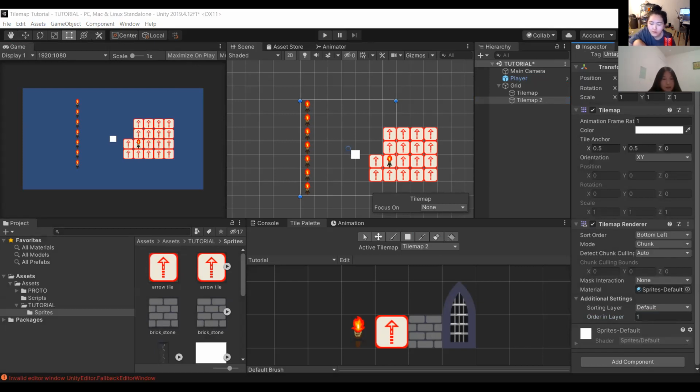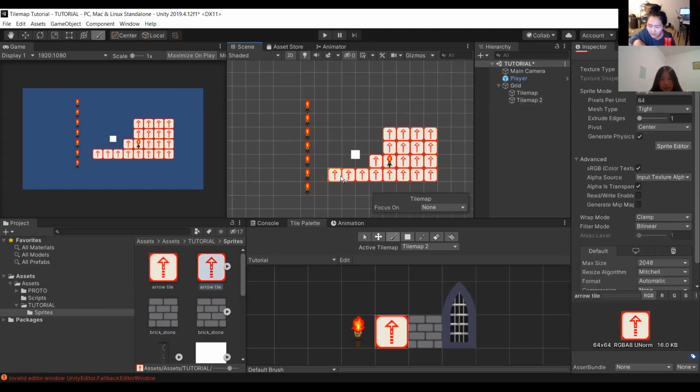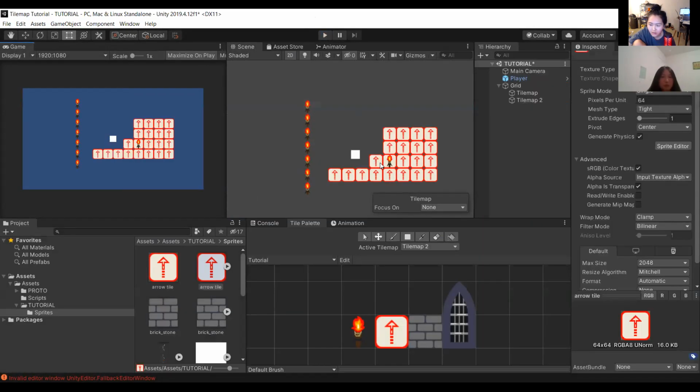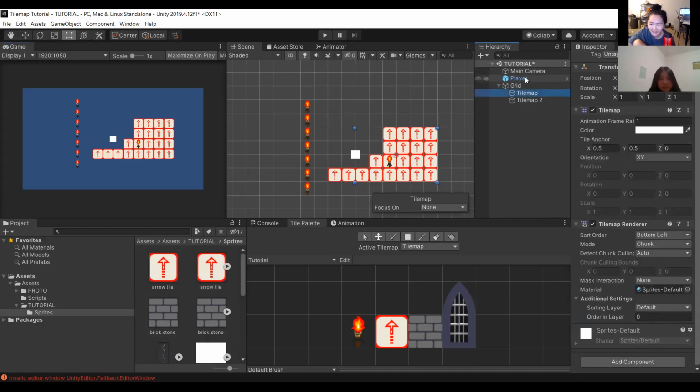Okay. Now moving on is where we actually get into the fun stuff. Let me quickly draw something underneath the player and then press play again. You'll see that the player just falls right through them, which is not what we want. We want the player to walk on platforms, or else why would you have platforms, right? So this is where we go into adding collision.